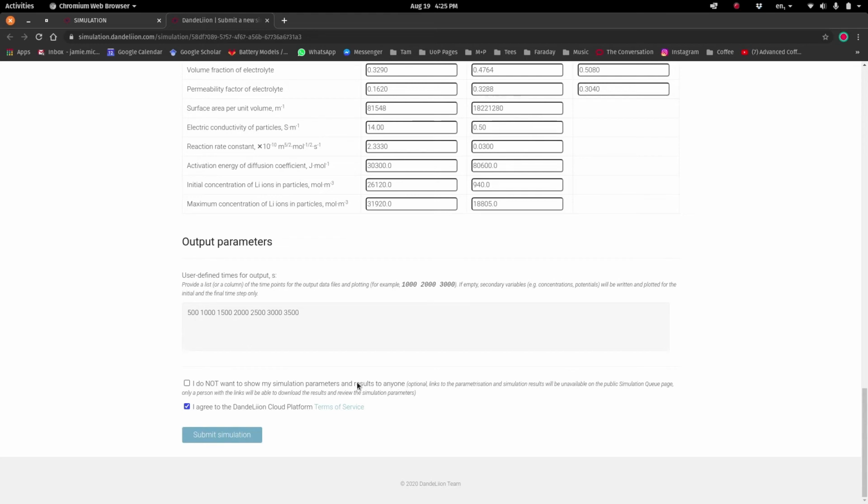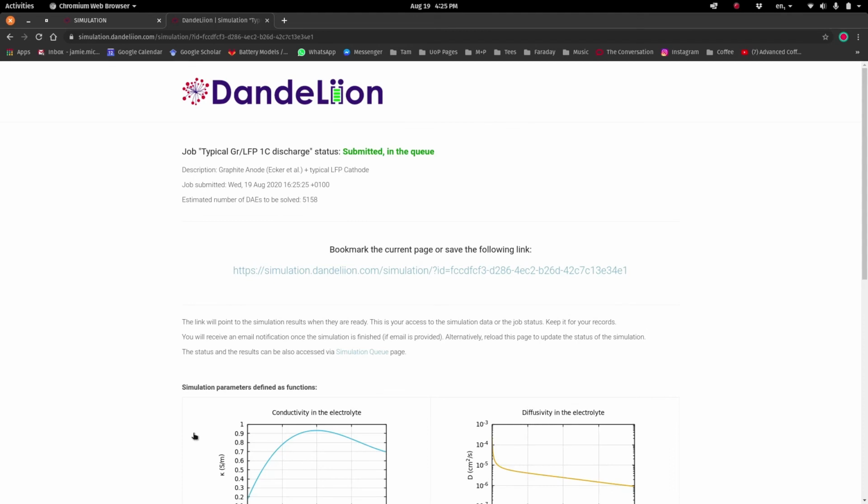So if you select this option, it will only be yourself and people who you provide a unique link to who will be able to see the results. So if you're running sensitive simulations, you can exploit that option. And then once you're satisfied that you've asked DandeLiion to do what you want it to, you submit the simulation, pressing this button,